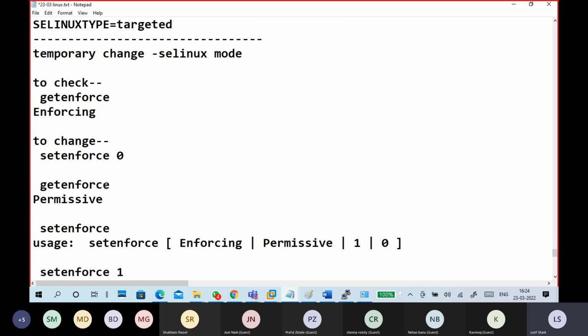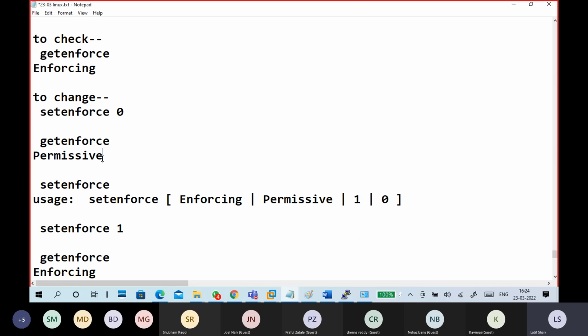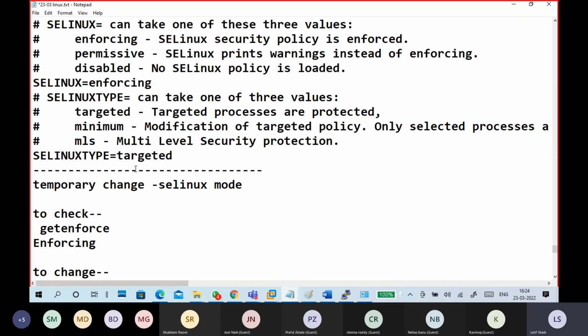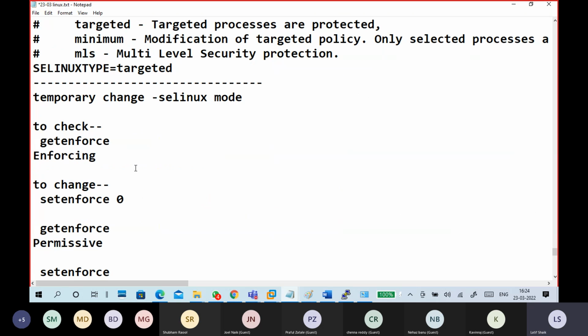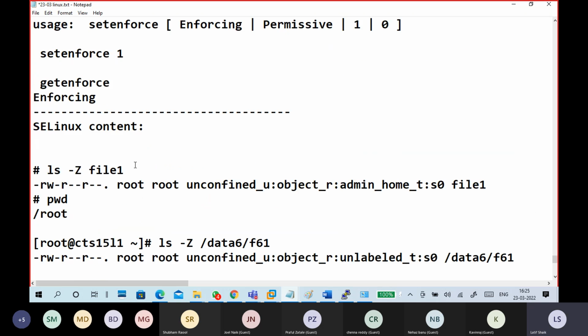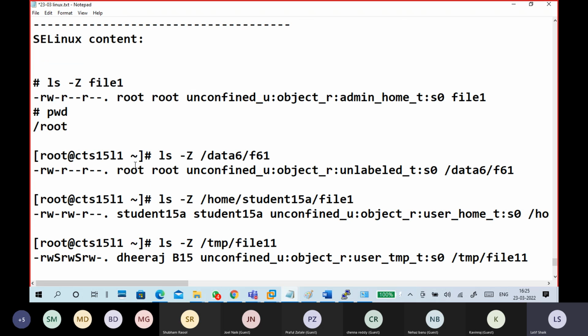You can change the SELinux mode temporarily using getenforce to check what mode you belong to now, and setenforce 0 to change it to permissive mode. So this is temporary changing. To change permanently, you can go to /etc/selinux/config and change enforcing to permissive. Then your content will be accessible.